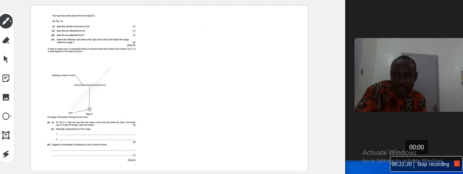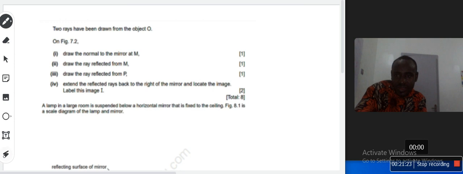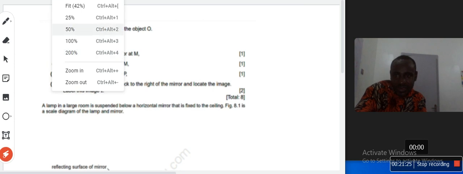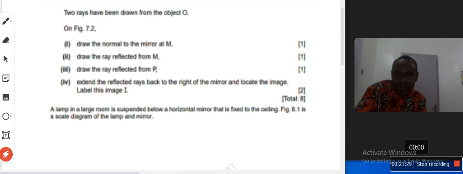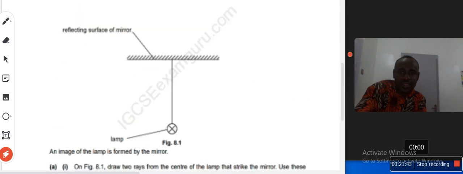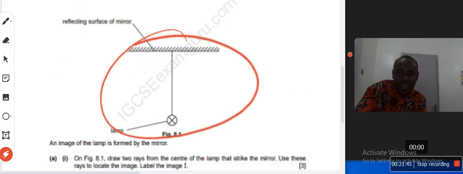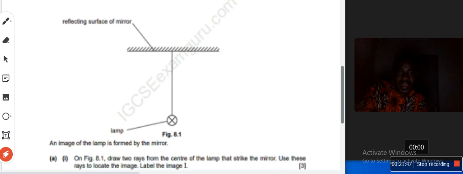So that's about this. It says draw the normal to the mirror at M. We've done it. Draw the reflected ray from M. Draw the reflected ray from P. Extend the rays back to the right of the image and locate the image, which we have done, and so on. Then this other question is about a light,